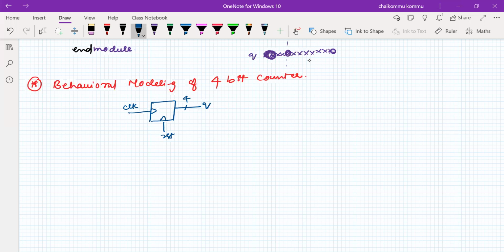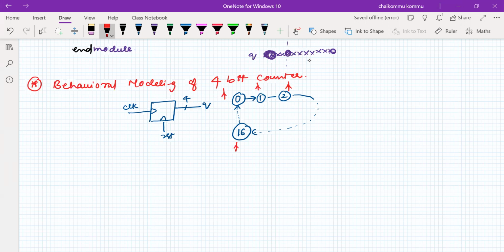If I want to perform up counting, it can start from 0, next it will go to 1, next to 2. What is the maximum count that it will go up to? Taking 4 bits, it is 16. After completion of this it will go back to 0. So this is the counting to perform. Whenever I apply the first clock, count 0 has to show, second clock this one, third clock this one, like the 16th clock this one, and on the 17th clock again it has to go to 0. Clear?